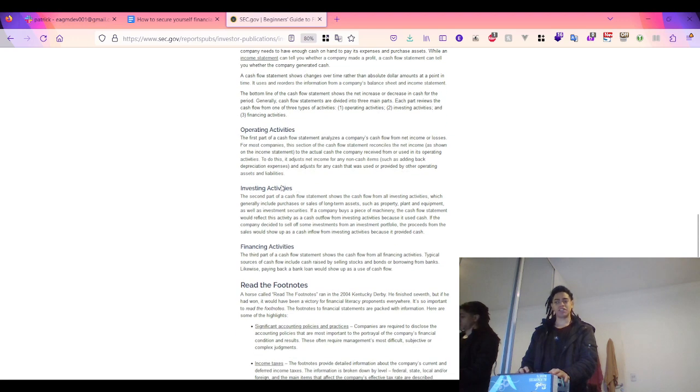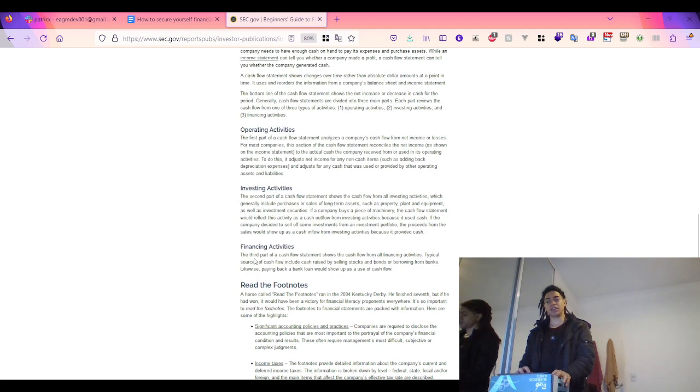And then the investing activities generally involve the purchase of long-term assets, such as property, plant, and equipment, intangible assets, investments, leasehold improvements, and then financing activities. Financing activities focus on how a company is raising funds from investors and paying back directly through capital markets,